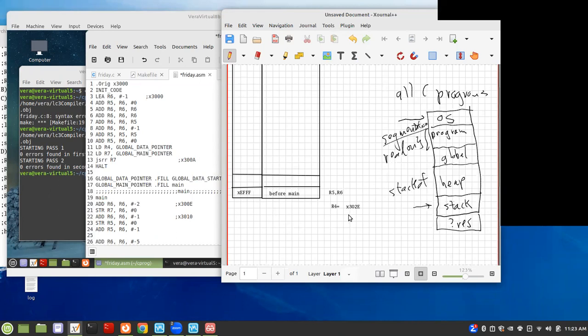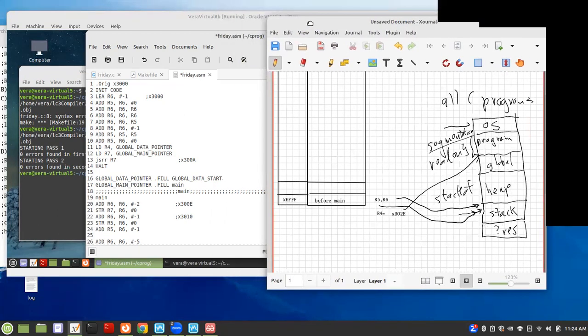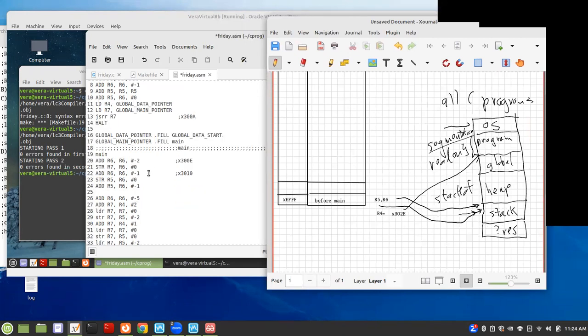And R4, although it's reserved, is up here. And R5 and R6 are there. R5 is somewhere else in the stack. So R5 and R6 are down in the EFFFs, the high values, and R4 is global, which is low. So that gives you a general picture, because R5 and R6 are going to be set by this. For example,